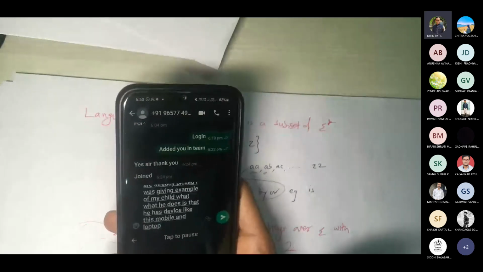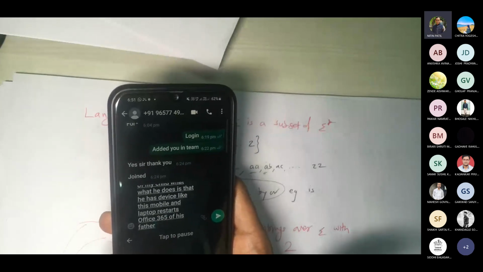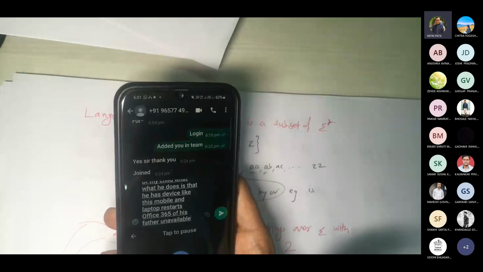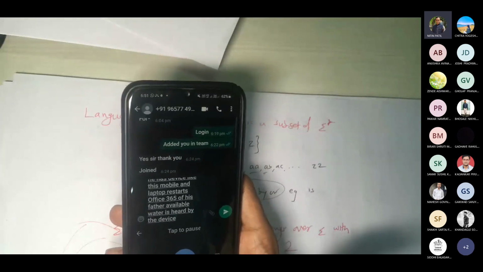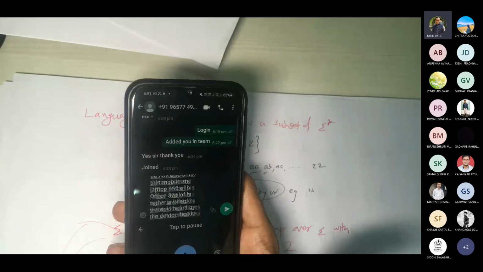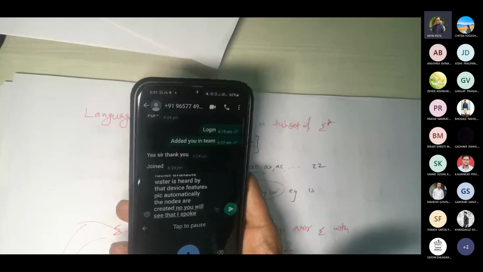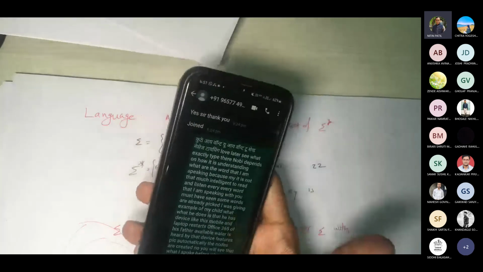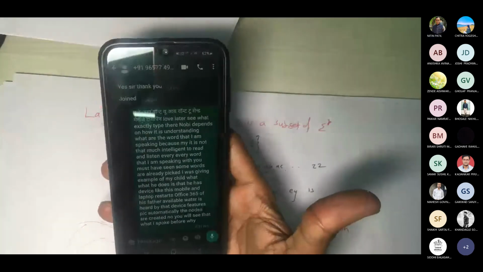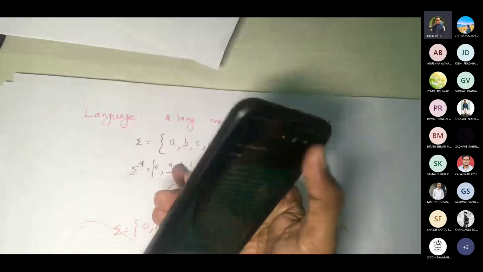He starts Office 365 of his father, and there's a mic button available. Whatever is heard by that device, like when a teacher speaks, the notes are created automatically. Now you will see that whatever I spoke a while ago is shown. You wonder how much time it took for me to type this text, correct? But ultimately this is a feature.